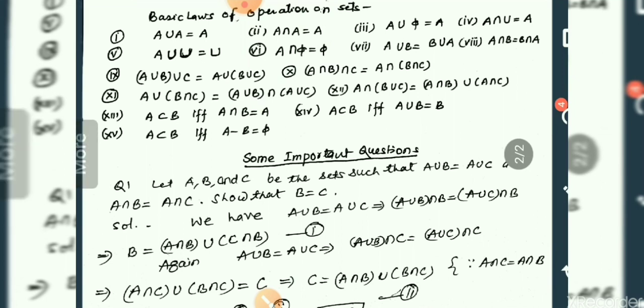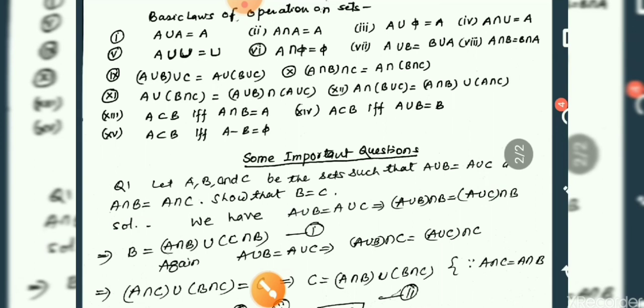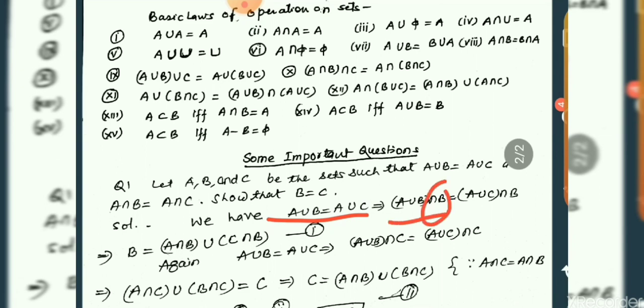So our first exam question is, there are three sets A, B and C, such that A intersection B is equal to A union C and A intersection B is equal to A intersection C. Then we have to show that B is equal to C. Now we have A union B is equal to A union C. So in this, taking intersection with B both sides,